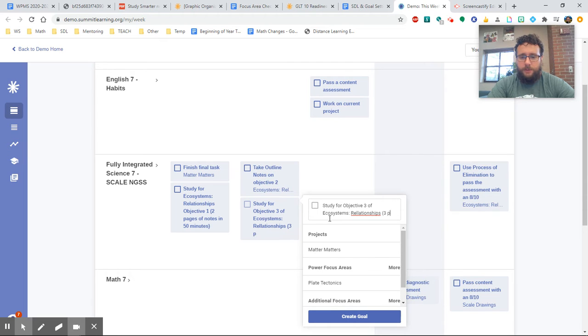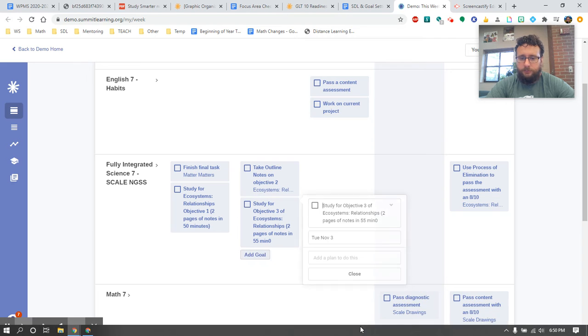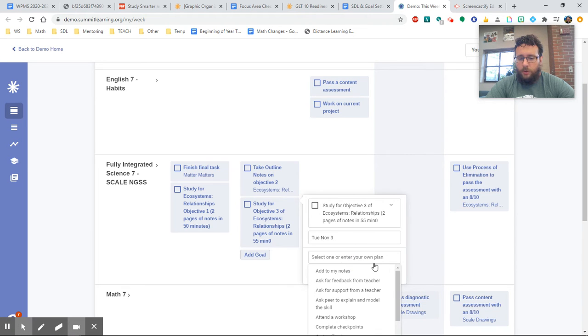And I'm going to do 3 pages of notes in 55 minutes. And then I realized 3 pages are a little bit ambitious, not achievable. So let me change to 2 pages. All right. Now, if you go here and you create the goal, and then you go to add a plan,